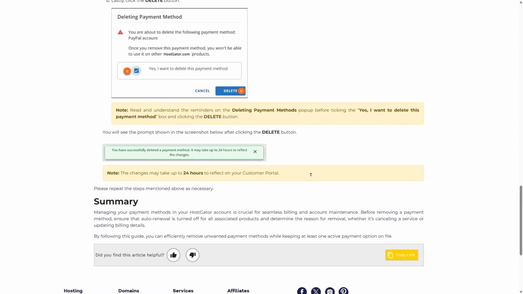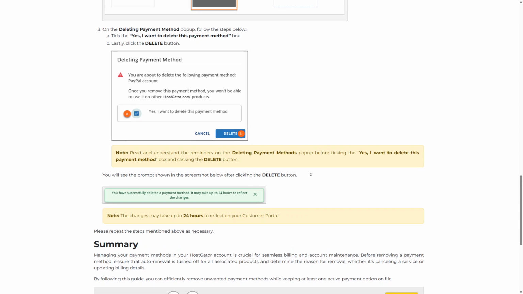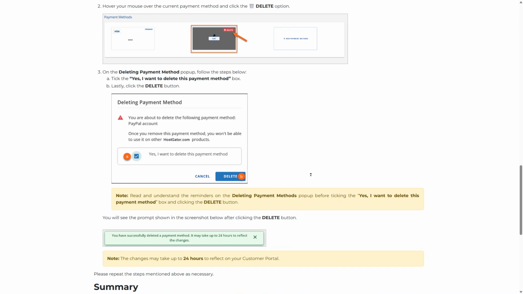And that's it. You've successfully deleted a payment method on HostGator. Keeping your billing information up to date helps avoid service